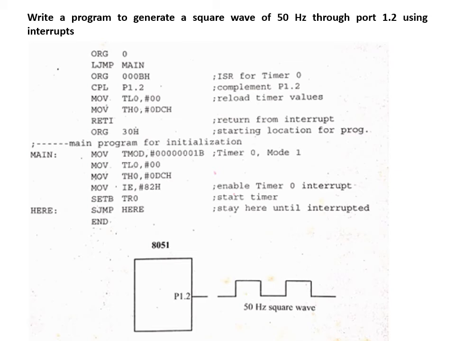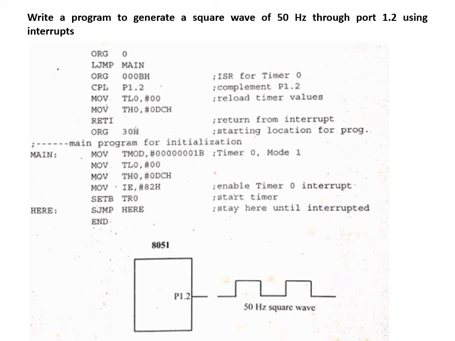So for every duration, that is half of T, the microcontroller gets interrupted. Then the interrupt subroutine written in the location 000BH onwards gets executed. As we are generating a square wave, we need to send a complement value through port 1 pin 2. As we are using mode 1, we have to reload the value into the THTL register. Hence here we can see TL and TH are loaded with 00 and DCH respectively. Then, in order to return from the interrupt subroutine, the RETI instruction is